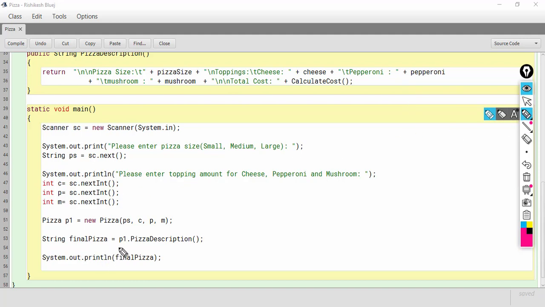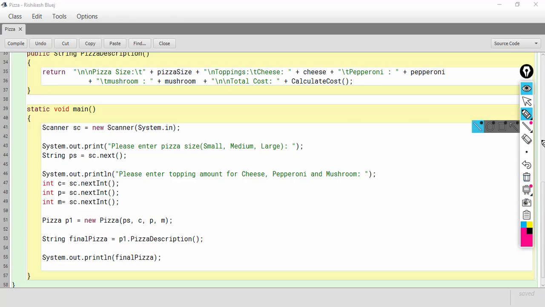And then notice here I am calling the function pizza description using the P1 object. So P1 is the object which has got all these details. So I am calling this function with the help of object P1, using the dot operator.